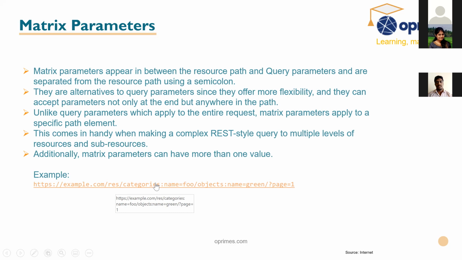How do I explain? Okay, take the example of searching on an e-commerce website. You are going to the electronics and devices section, and then you are looking for mobiles. And then in mobiles, you can check for Androids and iPhones, right? So after choosing the category, you are going one level deeper inside the category, right? So if you are going in a hierarchical way, then you can go for matrix parameters followed by query parameters. In that you can query, where is my iPhone?